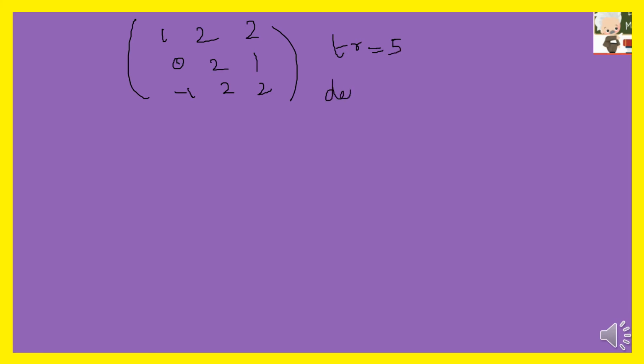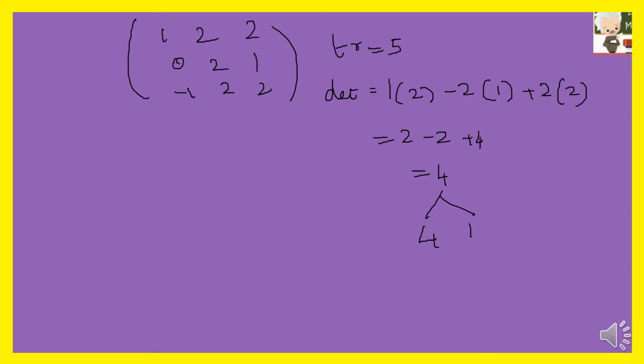Then determinant is 1 into 4 minus 2, 2. Minus 2 into 0 minus 1, which will be minus of minus 1, plus 1. Plus 2 into 0 minus of minus 2, again it is plus 2. So we will have 2 minus 2 plus 4. So finally our determinant is 4. Now I can write this 4 as 4 and 1, and then this 4 as 2 comma 2. I'm splitting. Okay. It's just a kind of trial and error method, but still you will be getting the correct answers. So here I am saying my lambda values are 2, 2, 1.